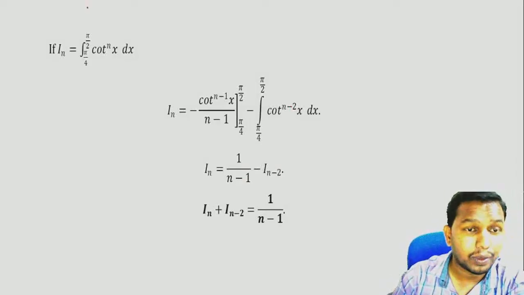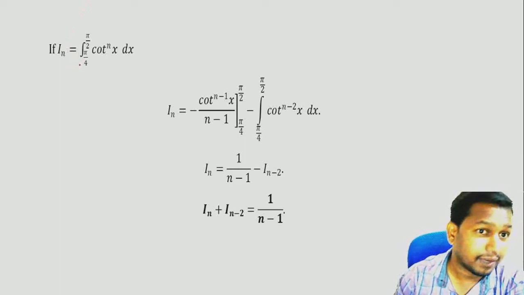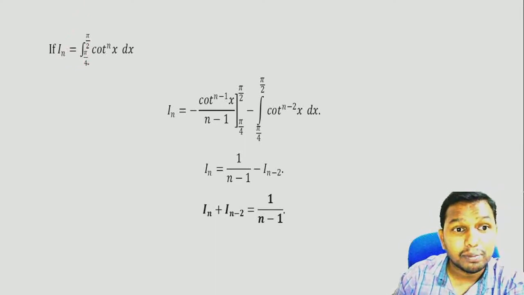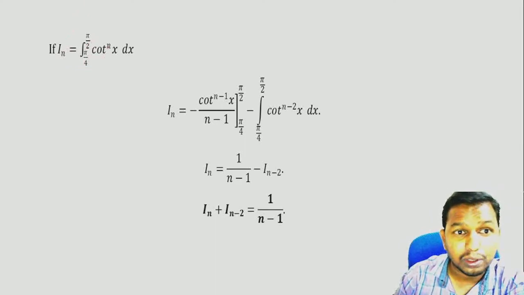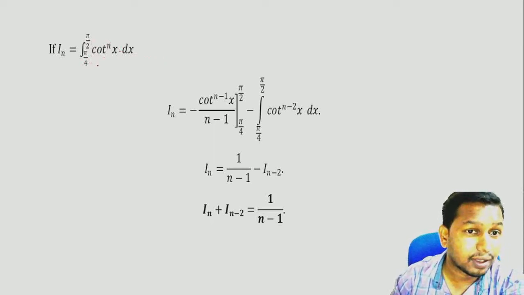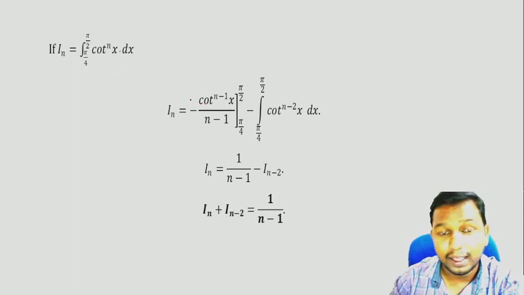Let's see what happens if we take a definite limit to the same function, that is I_n is equal to integral from pi by 4 to pi by 2 cot to the power n x dx. Here we can't take 0 because cot 0 value is infinity. Therefore, from the reduction formula of cot to the power n x, we have I_n is equal to minus cot